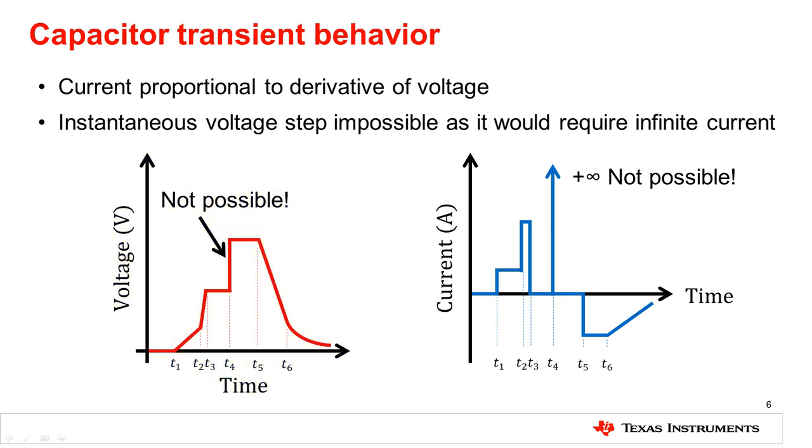An important consequence of this relation is that it is impossible for a capacitor to experience an instantaneous voltage step across its nodes. Why? Because the derivative of a line of infinite slope is an impulse. In the case of the capacitor, an instantaneous step in voltage would require an instant of infinite current through the capacitor. Clearly, this is impossible. Thus, any change in voltage across a capacitor requires a finite amount of time to take place.